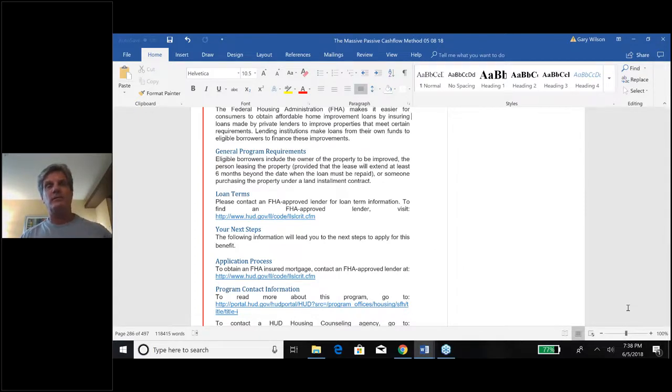ADA, Americans with Disabilities. I had this happen to me years ago. I was approached by a prospective tenant who was disabled, wanted to rent one of my units, and I said, I apologize, it's not really handicap accessible. At the time I was a small operator. He said, no worries, I can get you a grant, and all you have to do is sign for it, and they'll do all the work, and I'm the one benefiting, the tenant. So I signed it, and sure enough, a qualified contractor shows up.